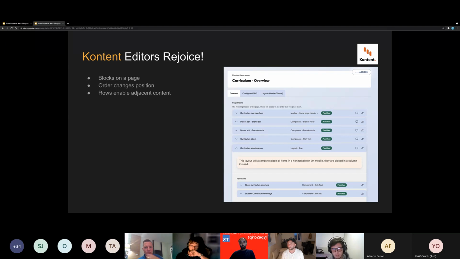So on the right-hand side, you can see the page blocks on a site. And these are in order of how they'd appear on a site. So you've got a hero element at the top, one of our little brand bars, which is a strip of color that merges with the header, some breadcrumbs for navigation, a rich text component, and then also a layout row. This was a neat little trick that we implemented halfway through development to allow elements to appear next to each other in a row. For mobile friendliness, they'd obviously resize, and we have a few other layouts that we've not mentioned today, but it gives the content editor a little bit of freedom of how it appears rather than just going from top to bottom, while still keeping that overall simplicity.